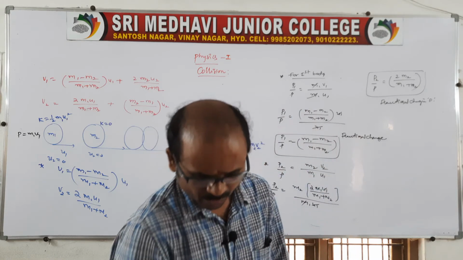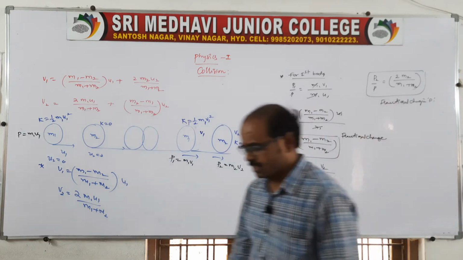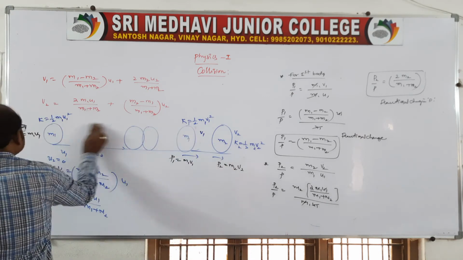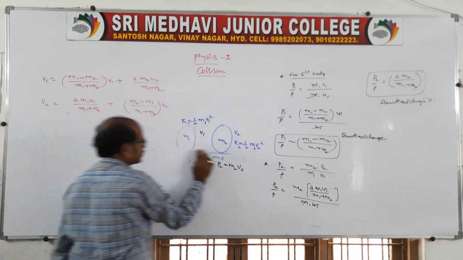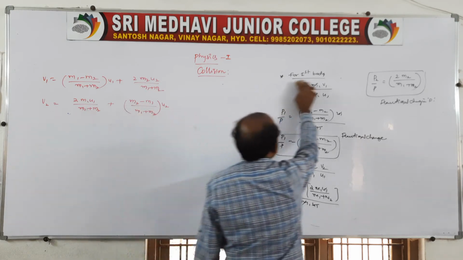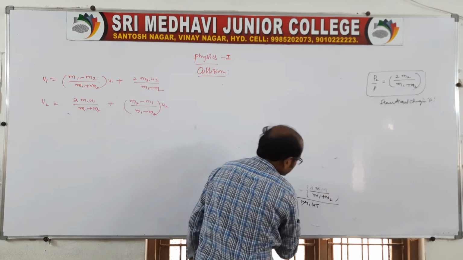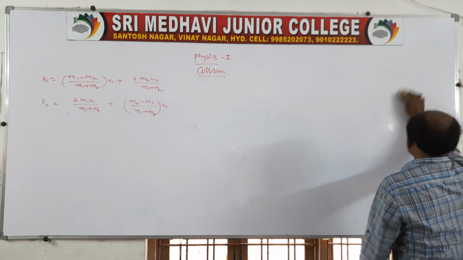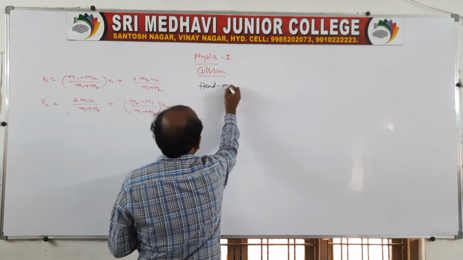That I would like to tell you, till now we discussed only the elastic collision, that is a head-on collision. Now I would like to tell you, actually collisions are of three types. I told you very clearly. One we can say elastic collision, one more we can say inelastic collision, and one more we can say perfectly inelastic. So the one dimensional head-on elastic collision is finished. Now let us move to the inelastic collision, I mean to say head-on inelastic.